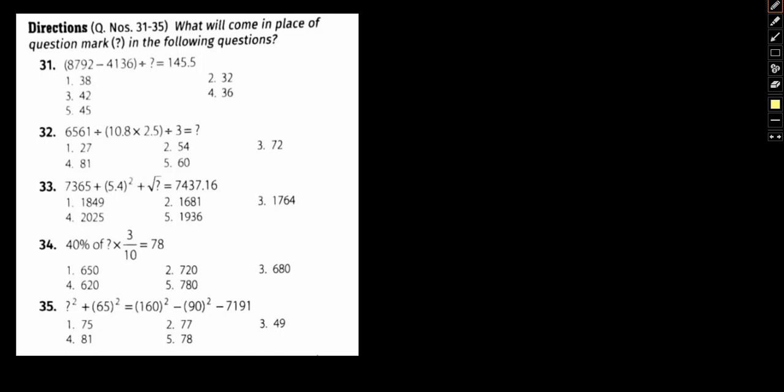What we need to do is figure out what comes in the place of question mark in each and every one of these questions. Okay, so let's focus on question number 31 first. So it's given, 31. Let me try and solve. 8792 minus 4136 divided by question mark equal to 45.5. Okay, so if we solve this, basically the bracket first, if you go by the BODMAS,